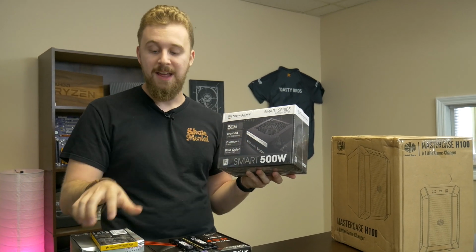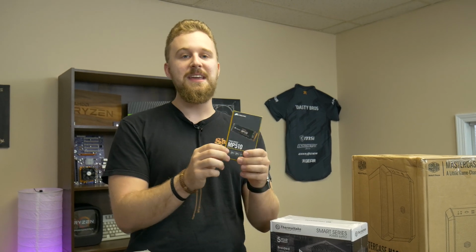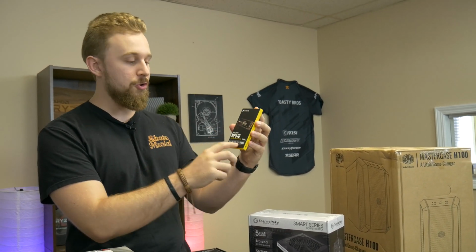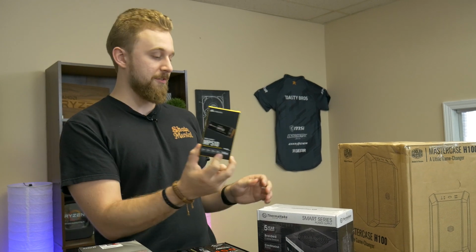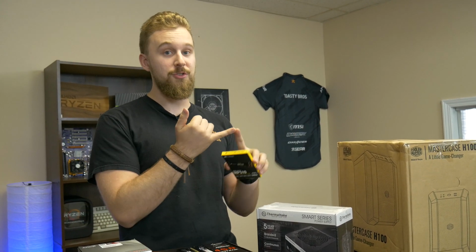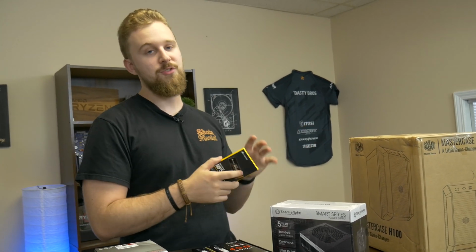upgraded graphics card. And also as a boot drive, we have this Force Series MP510, which is an M.2 SSD from Corsair. It is 240 gigabytes and is going to slot in nicely into our motherboard to allow us to, well, have some fast storage to load Windows onto. And then there's also some room in this case to add maybe another drive in the future if you want